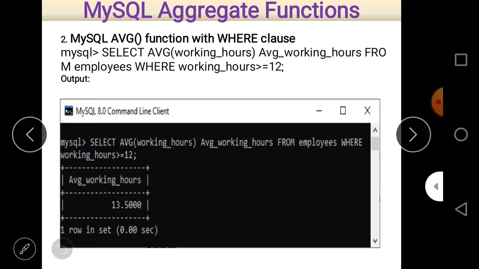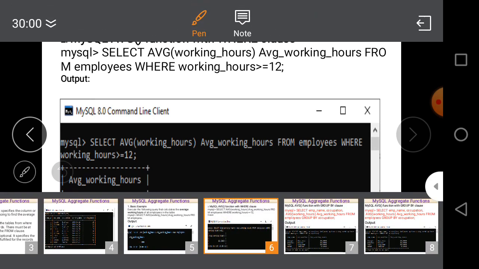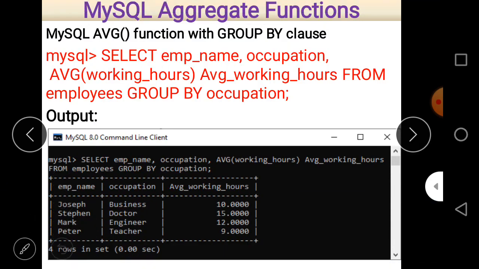Then this average is reflected here. And the second important thing is that when we take an average, the answer will always be a float value. That is occupation, that is average working hour, and that is employee name, because employee name is given with the select clause, with the select statement.